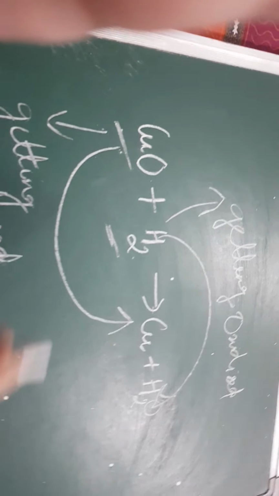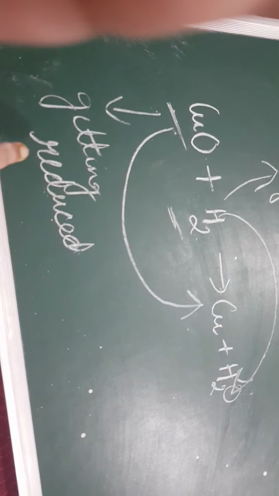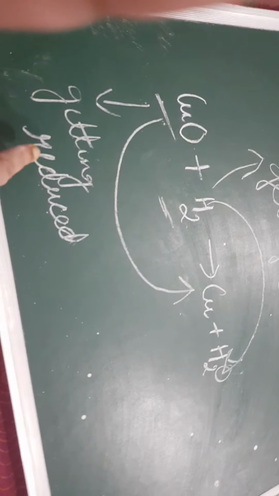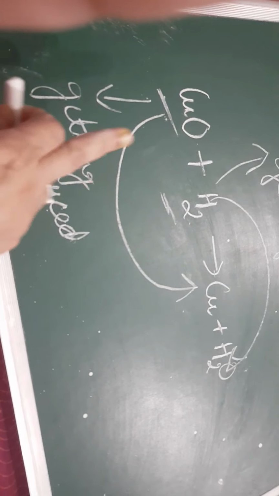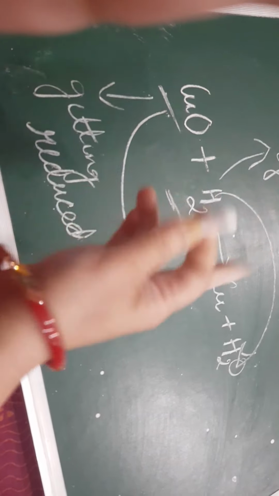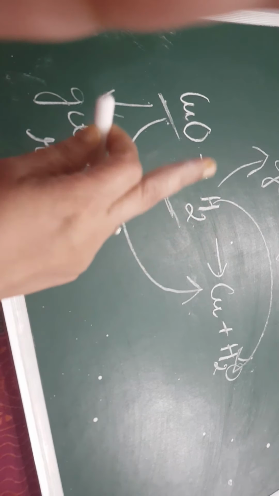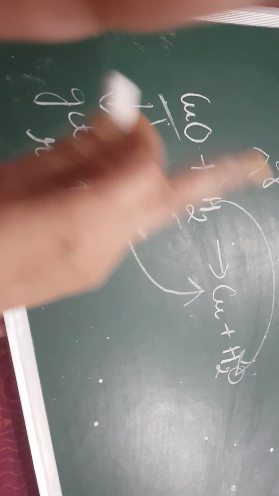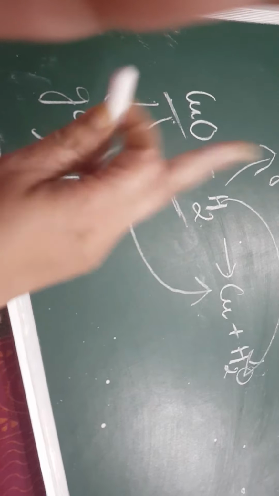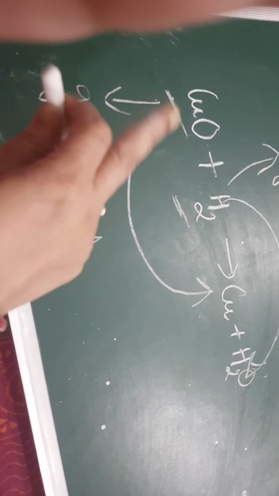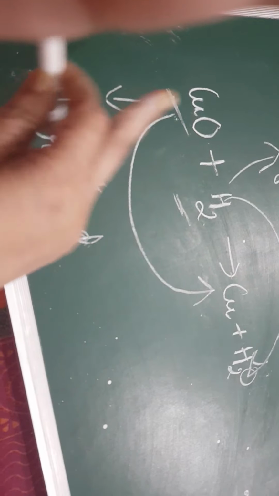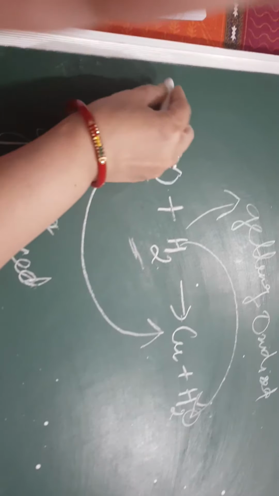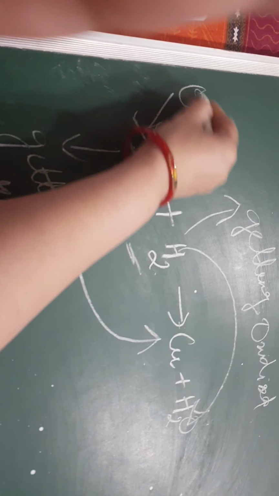Now we'll discuss two more terms. Copper oxide, as it is losing oxygen, is itself getting reduced. As it is getting reduced, it will oxidize hydrogen. So copper oxide itself is getting reduced and oxidizing hydrogen. Itself getting reduced, it oxidizes the other. So here copper oxide CuO is oxidizing hydrogen,